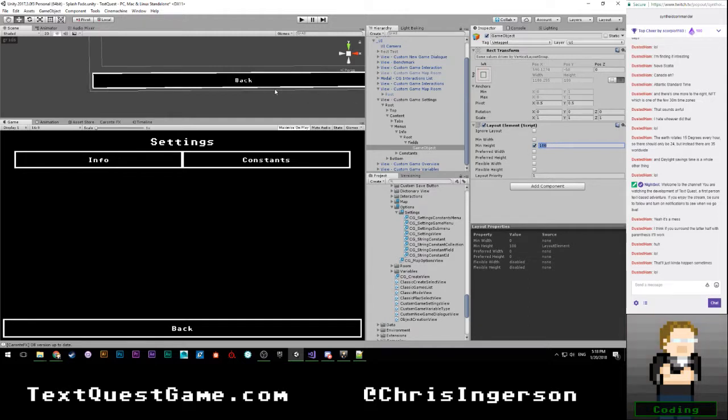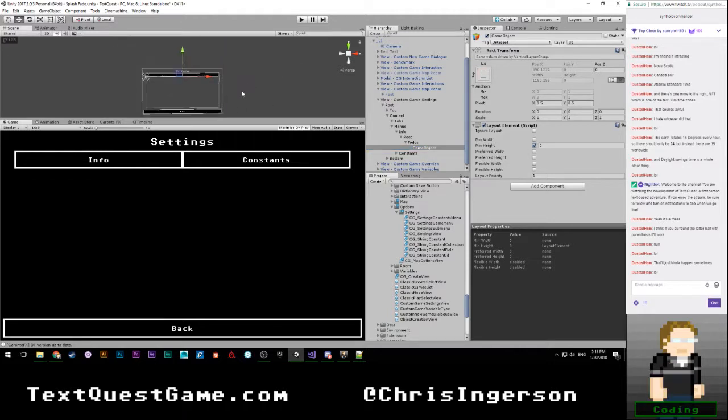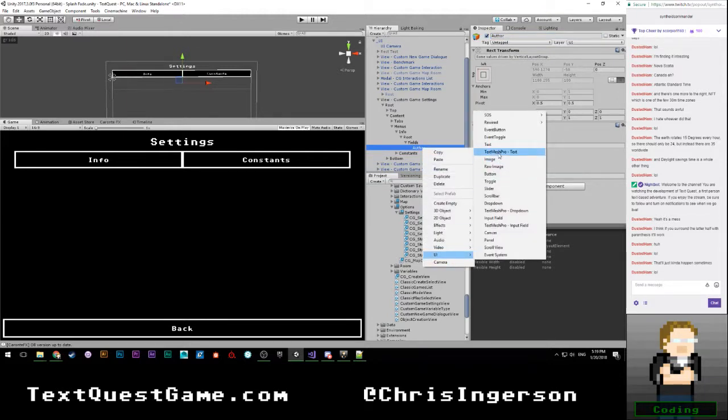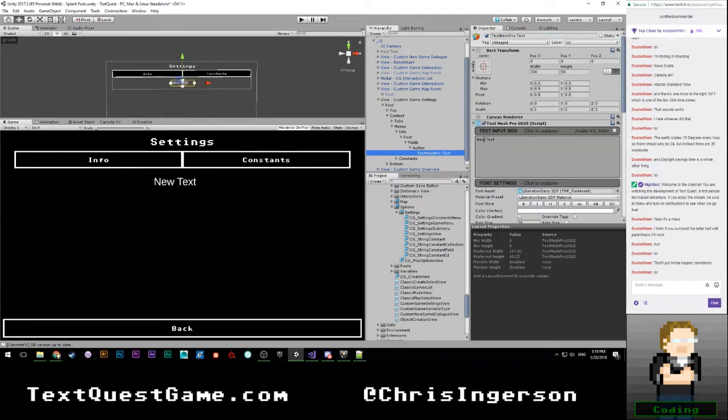We're not really going to need that, but we'll label it as such anyway. Of course, that reset it. 100. Okay, we're going to call this our author. Let's go ahead and create a text mesh protext. We'll have this stretch anchored at, I think, 0.4? Yeah, 0.3. I think we can get away with that.